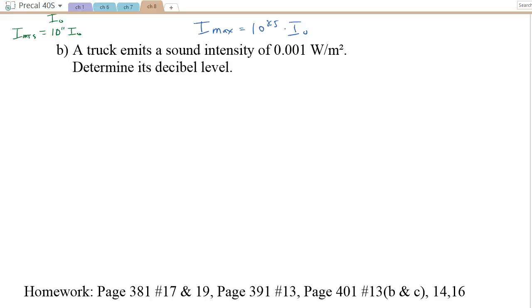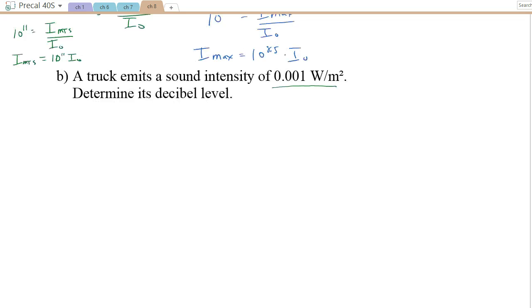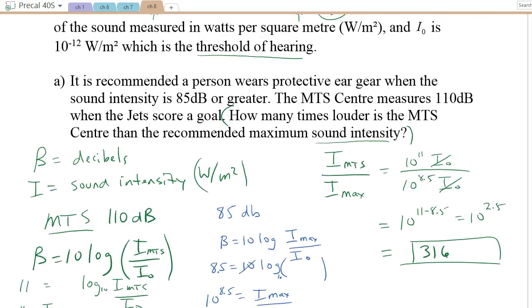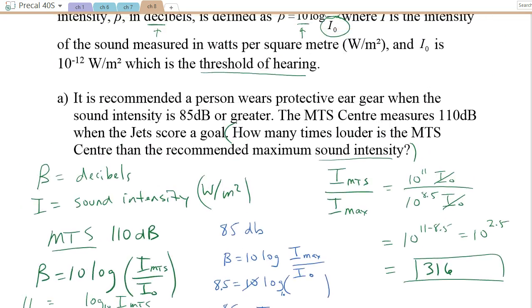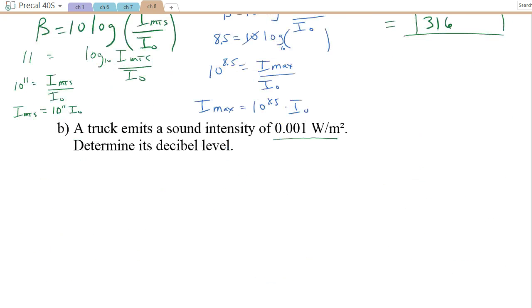Our last example here: a truck emits a sound intensity of 0.001 watts per square meter. Okay, we don't hear this very often, watts per square meter. And for this question, we're going to have to use the fact that my threshold actually has a number attached to it. It's 10 to the negative 12. So we have two values here. We have the I of the truck,